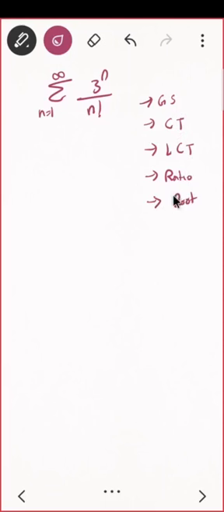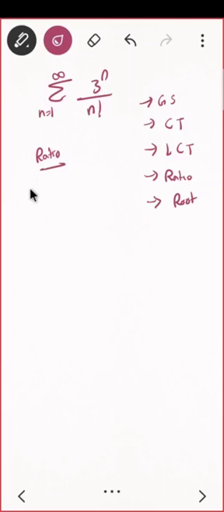Correct? So you may use any of the following, but if you observe which one would be better, can you guess? Either I think ratio test or root test will be better for this. Can I use ratio test? Let us try to use ratio test. Whenever you see a term that will get cancelled, since it is n factorial, if n plus 1 factorial comes, it will get cancelled. So you can apply ratio test.